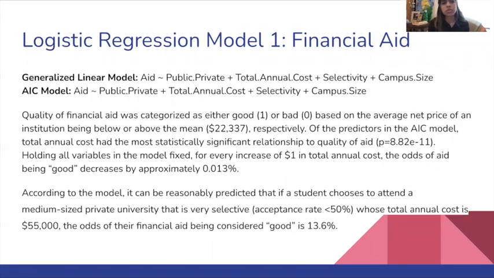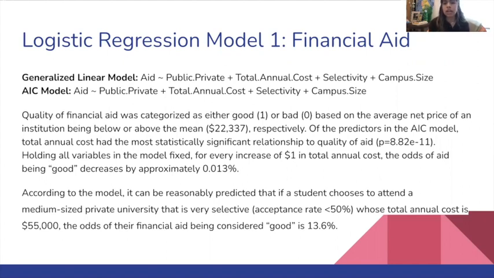The second model that we built was a logistic regression model for financial aid. Our generalized linear model shows aid as a response to institution type, either public or private, total annual cost, selectivity, and campus size. Our AIC model found that each of these was a valuable predictor for quality of aid. So quality of aid was categorized as either good 1 or bad 0 based on the average net price, which is the total annual cost of an institution minus the grant aid provided, being below or above the mean of